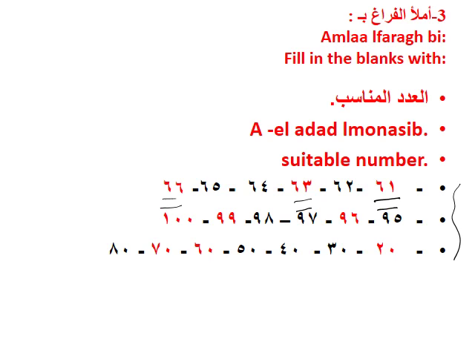Here we have the number اثنان وستون. What comes before اثنان وستون? Of course واحد وستون. Here we have to fill in the blanks with the suitable number. What comes after اثنان وستون? Of course ثلاثة وستون. Notice here we said واحد وستون and not واحد وستون, because the numbers 1 and 2